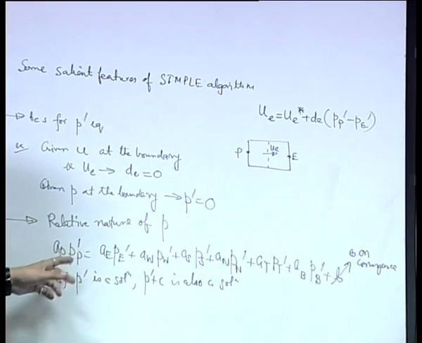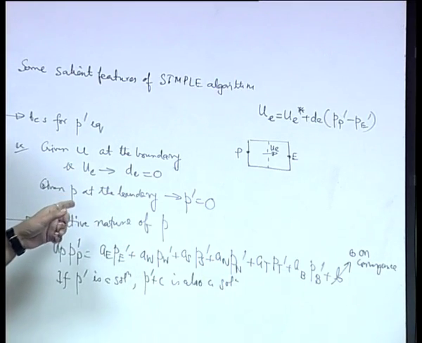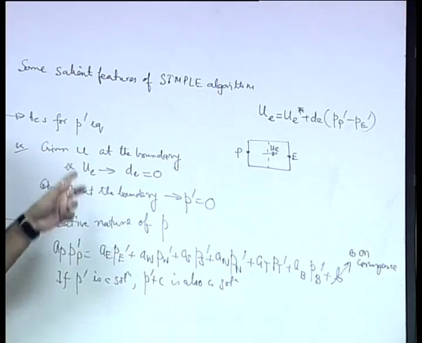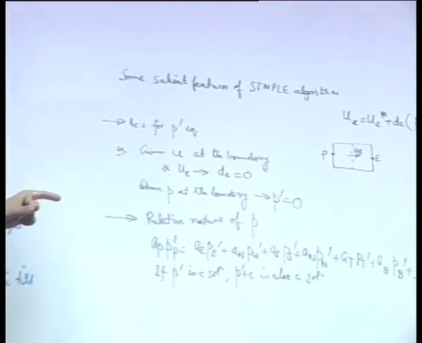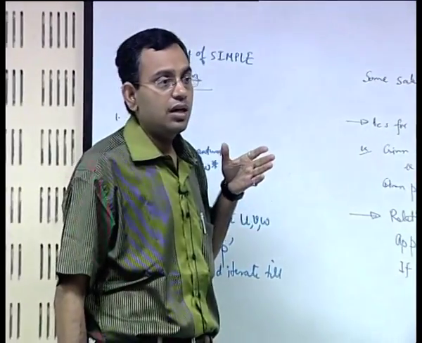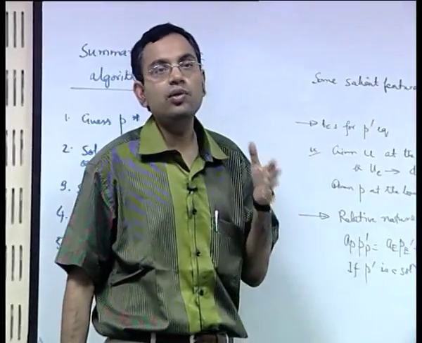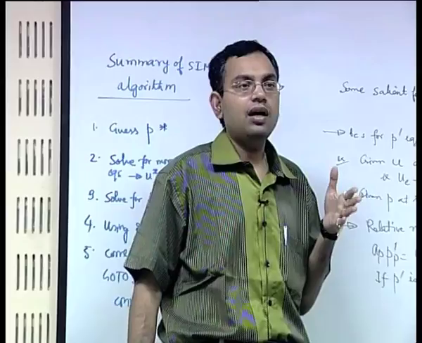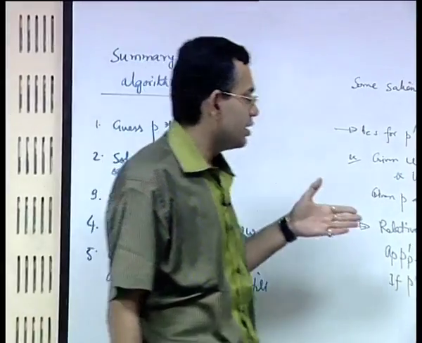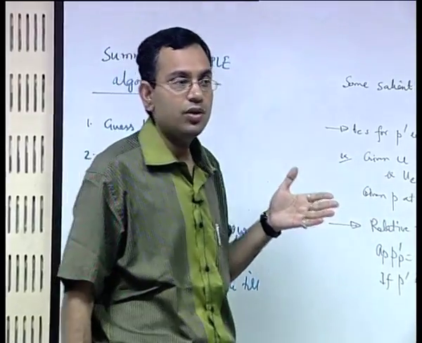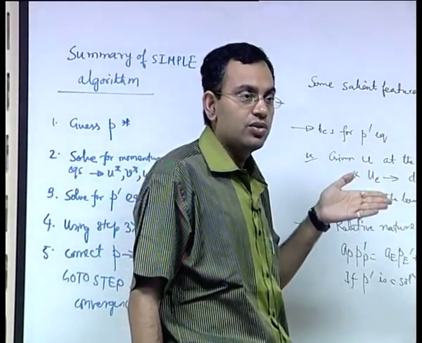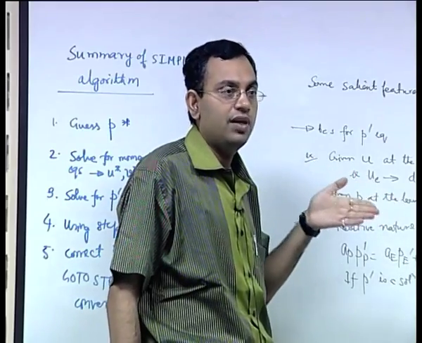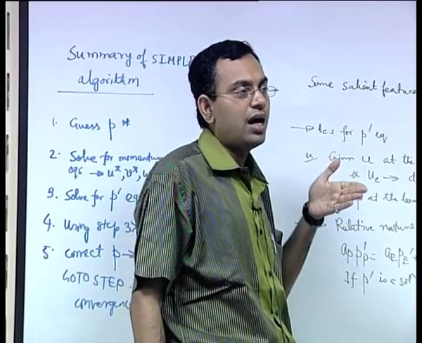The other thing is that it does not have any one way type of coordinate behavior. So it is essentially an elliptic type of equation where the effect of pressure variation at a point is felt at all neighboring points. But if you consider a flow which has a strong unidirectional property, like a case where you have a boundary layer type of approximation, where you do not have any pressure gradient in the y direction within the boundary layer, in that case you have a one way type of behavior,